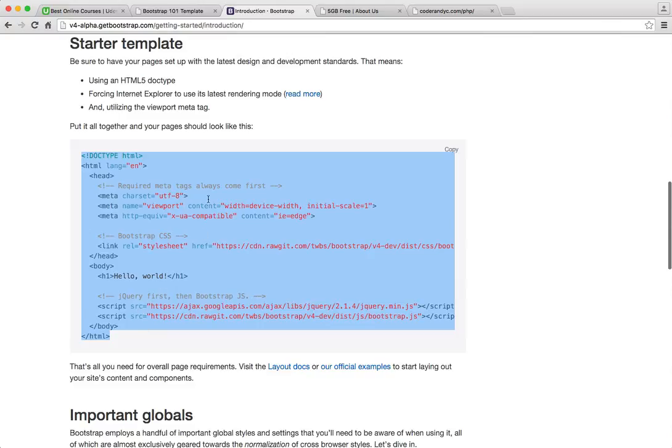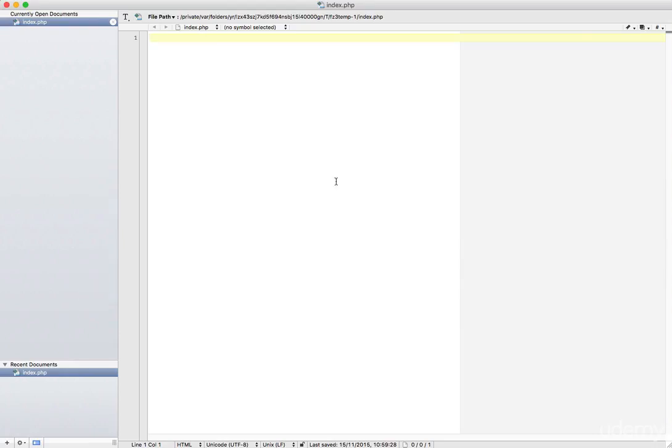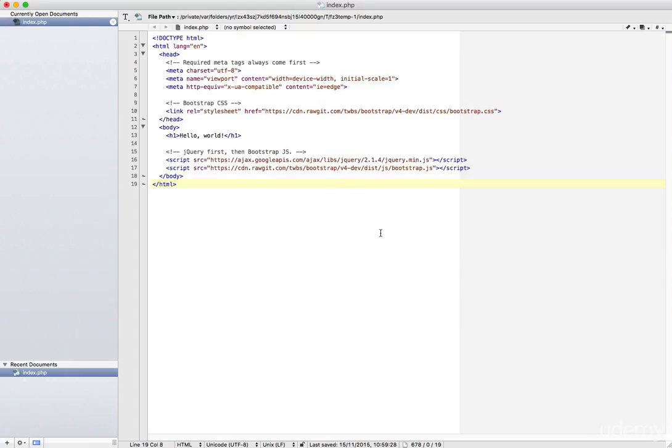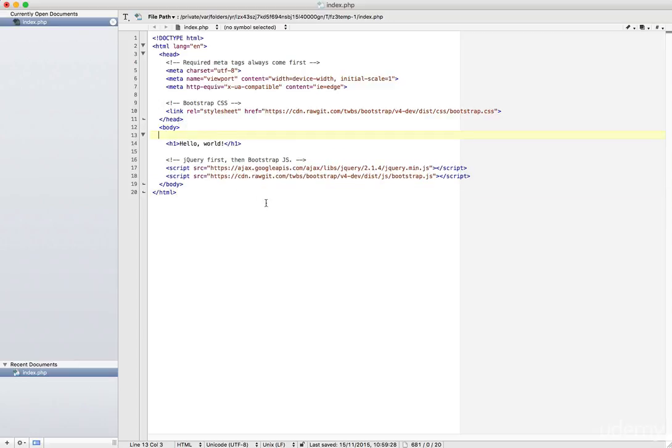Now some of the code may look different to what you see here. It purely depends on which version that is currently available at the time that you create this form. However, this starter code gives us all that we need to start building in Bootstrap. Then what we do is we head back to the index page and simply paste that into our blank PHP document. Then if you save off the index file,